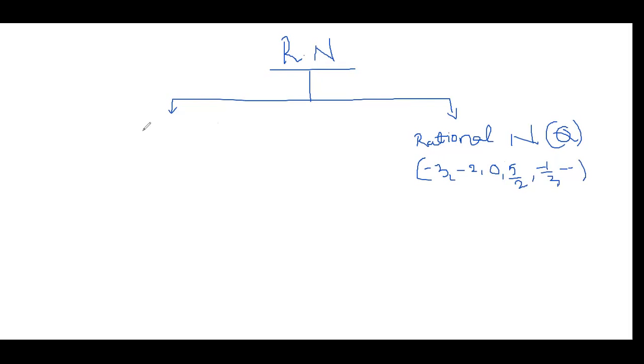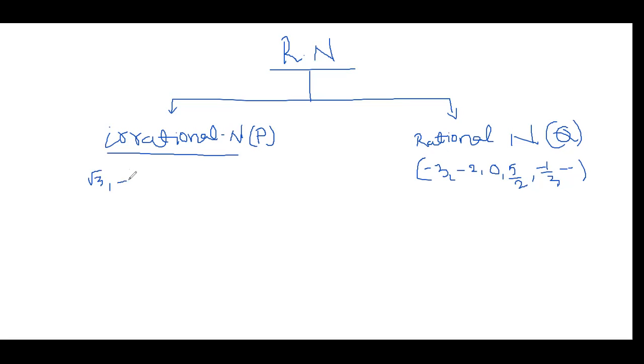Along with me, please note this down. The second one, irrational numbers. Can anybody tell me the symbol to indicate irrational numbers? Yes, irrational numbers are indicated by capital P. Irrational numbers are indicated by what? Capital P. Irrational numbers means the numbers which are under root. The numbers which are in under root form are called irrational numbers.